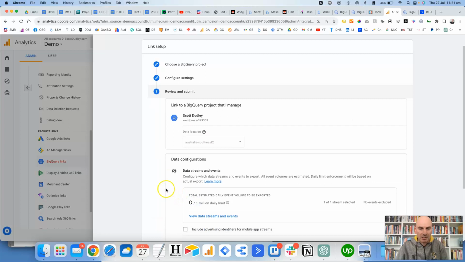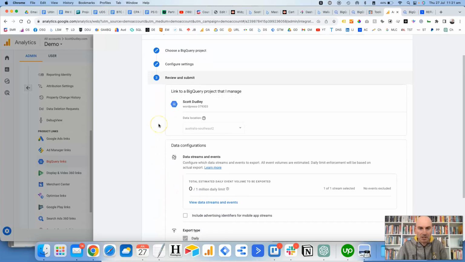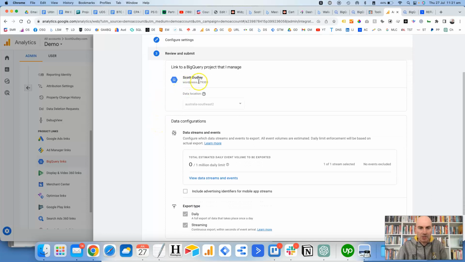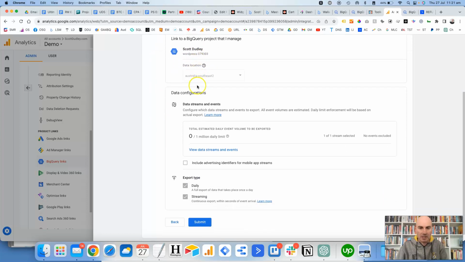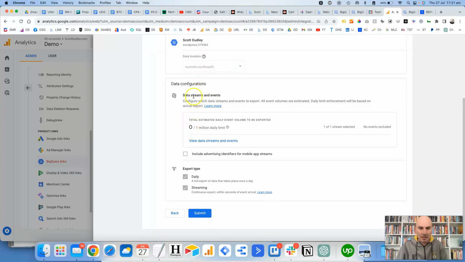Then we click on next, and then it's just asking you to review the information that you put in. So make sure that it's the correct BigQuery project, make sure that the data location is correct, then the data configurations, the advertising identifiers for mobile app streams, and then the export types where I mentioned that you want to have daily and streaming. And once you're happy with all of that, you click on submit, and then you've got